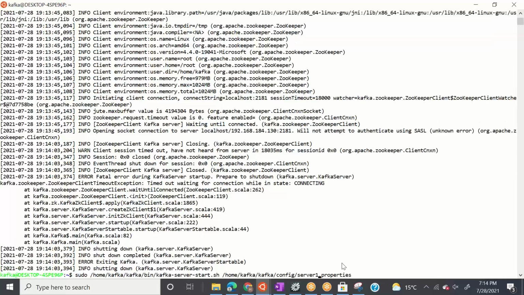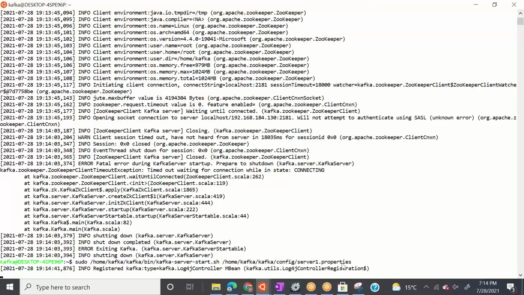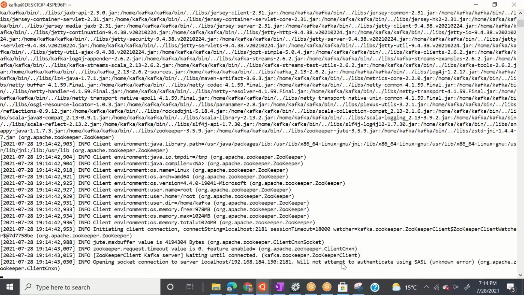Let's say I want to start using the server properties. Let's see this time. Opening the socket connection.